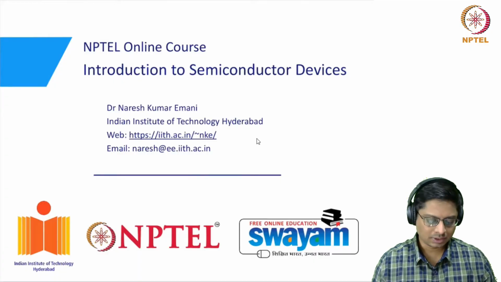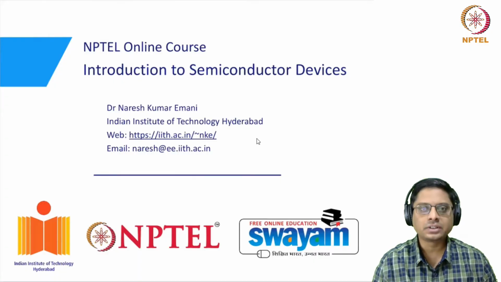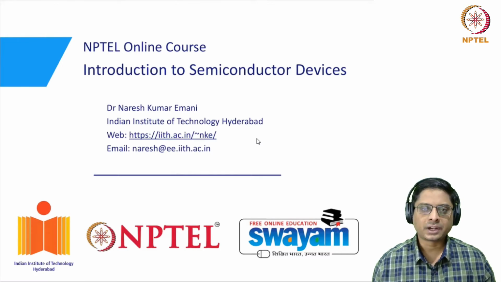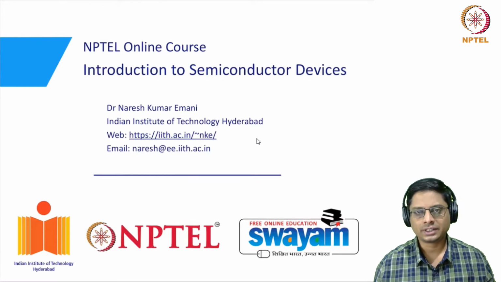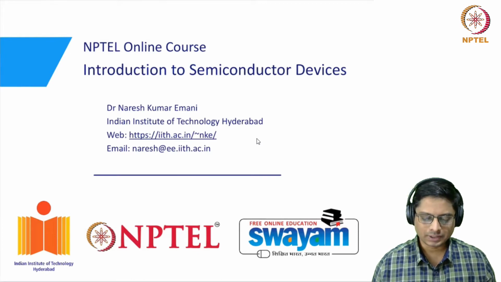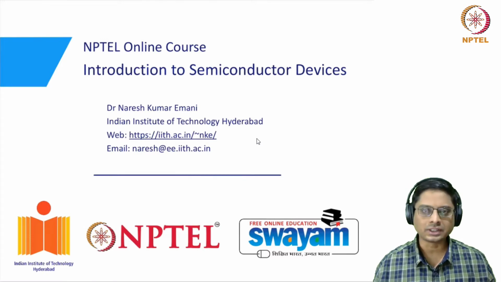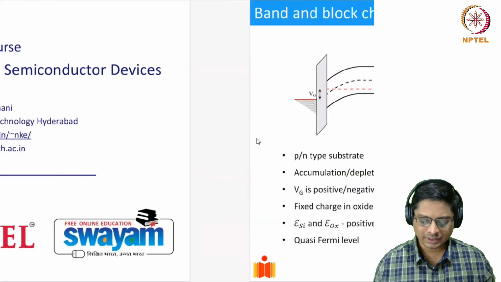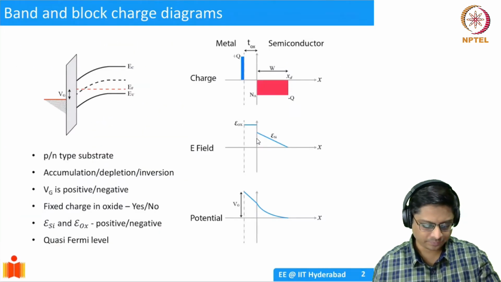Welcome back. So in the last week, we understood how to analyze the electrostatics of a MOS capacitor. We have derived expressions for electric field and voltage. In a MOS capacitor, we have drawn the profiles. And towards the end, we introduced what is known as surface potential and then the relationship between the surface potential and the gate voltage. Okay. So we'll quickly recap some of these things today.